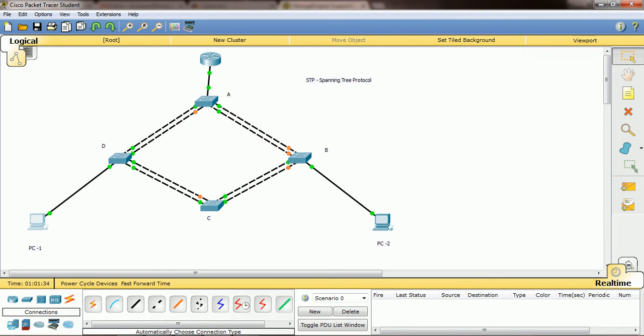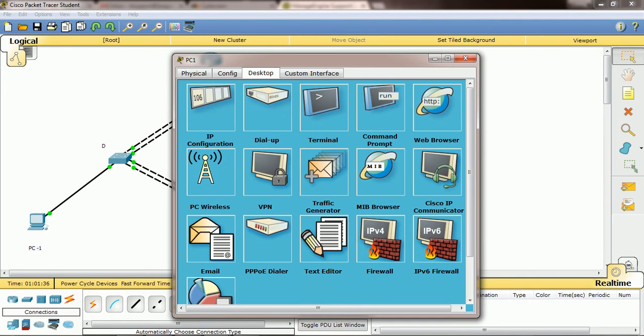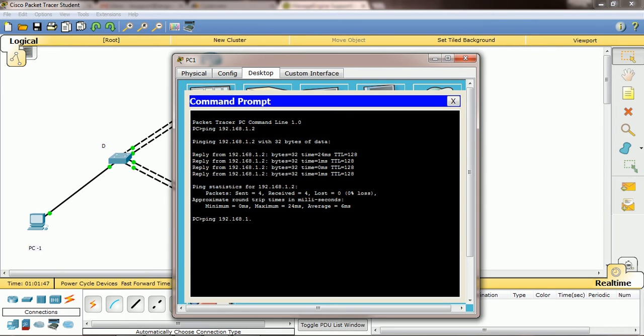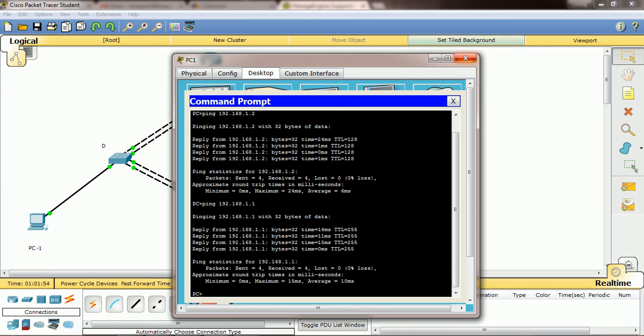So let me ping from this machine to that machine. Ping 192.168.1.2, it is pinging, and we will ping the default gateway, right? So it's pinging. So now the end machines are able to communicate with each other, right?